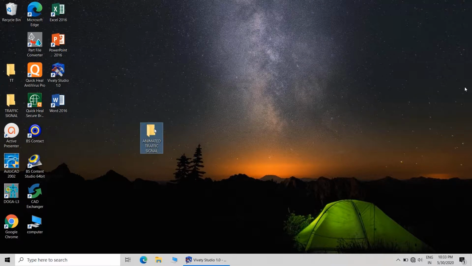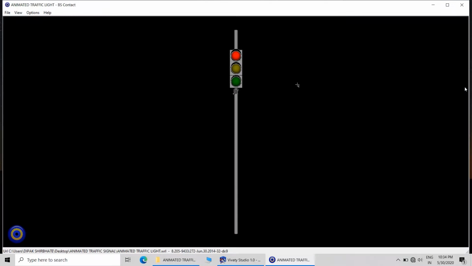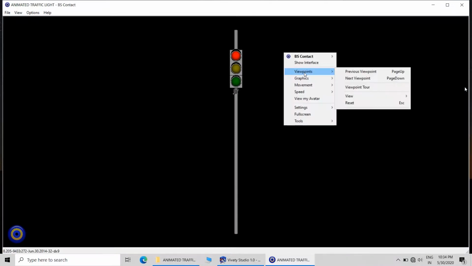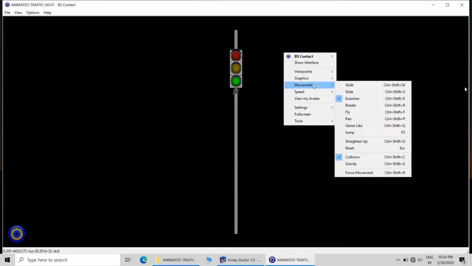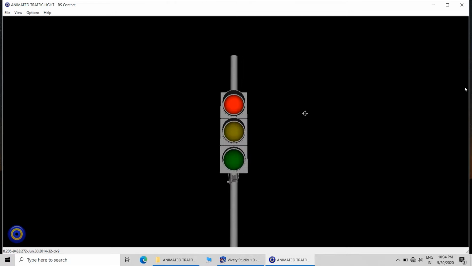So I have saved this particular file with the animated traffic light signal, and here now you can jump to the specific point and have a closer look at the traffic light signal, and you can see that the traffic light is sequentially switching.